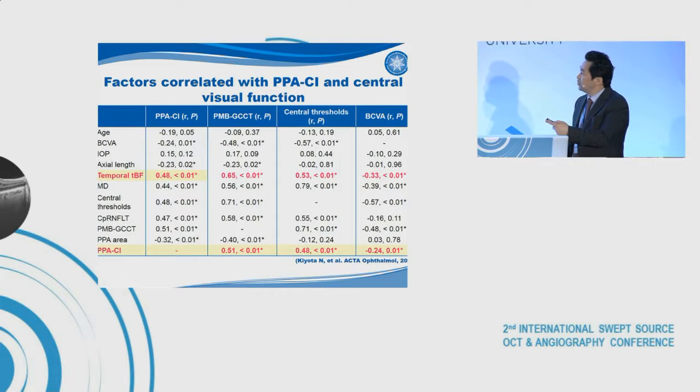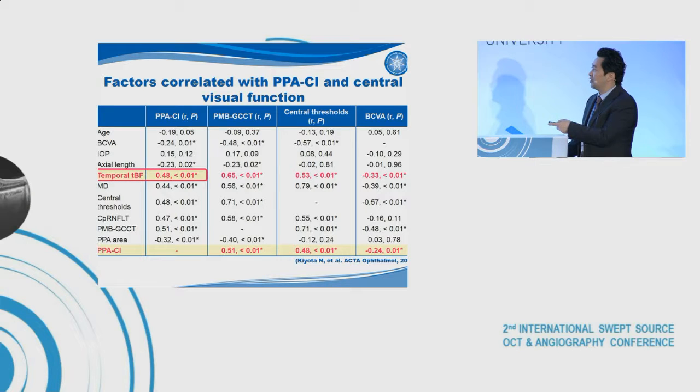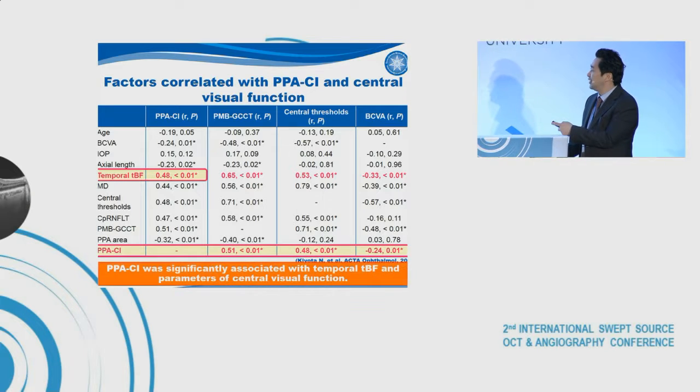This slide shows the investigation of factors related to PPSCI and central visual function. Interestingly, as I already told you, PPSCI and temporal blood flow are mainly supported by the same branch of the SPCA. So these two parameters were significantly correlated in our groups. PPSCI was significantly related with temporal blood flow and parameters of central visual function, including structure and function,